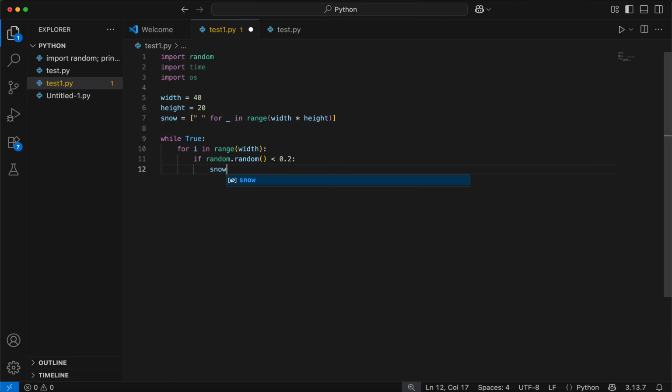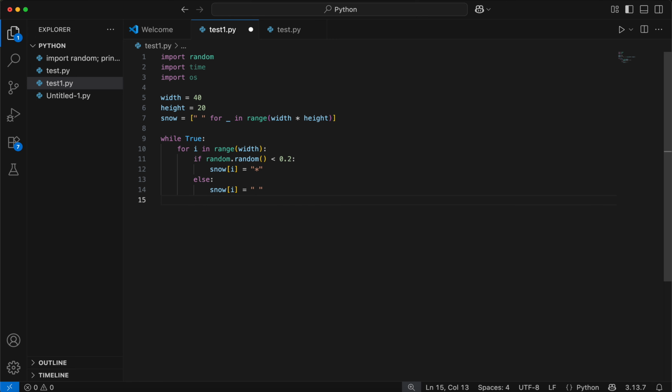Then we'd like to write snow[i] equals, and in here our snowflake. And then we'd like to write else, snow[i] equals